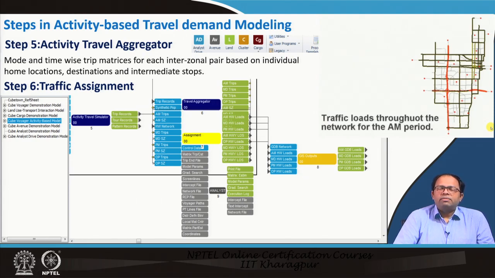We divide as per different car occupancies, we divide the data as per the different time periods, and then we do hourly assignment to the network, and we finally get traffic loads throughout the network for the AM period, which we can see over here. Similarly, we will have it for the PM period and so on. So this is how activity based travel demand modeling could also be done using the Cube software.